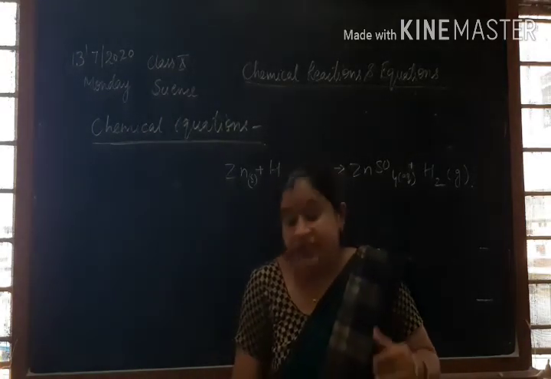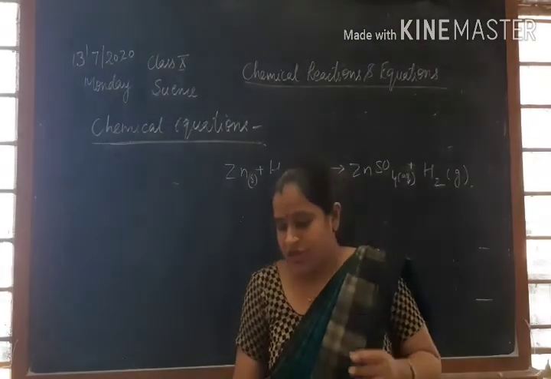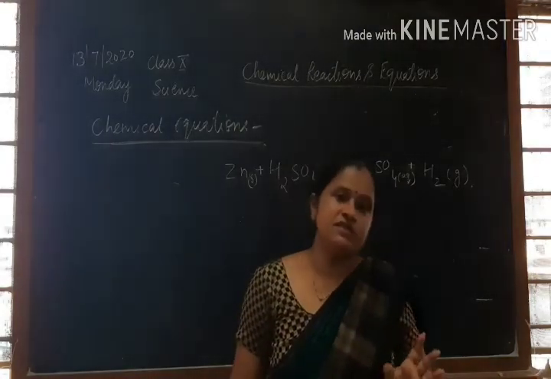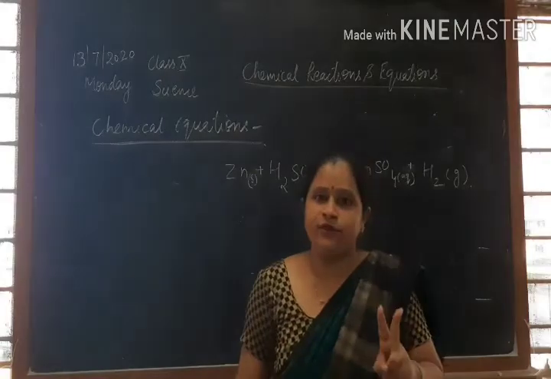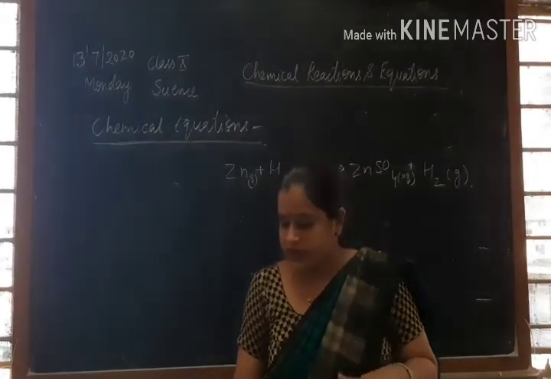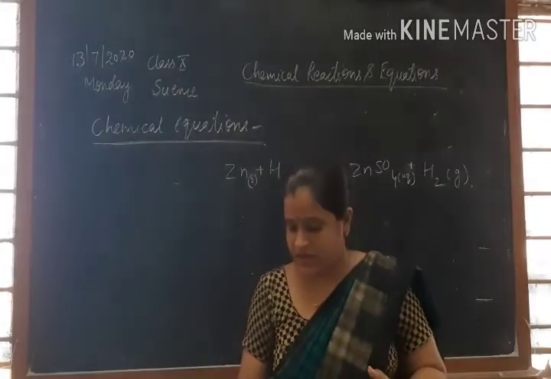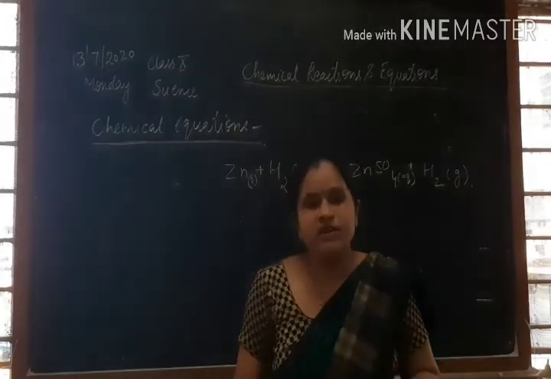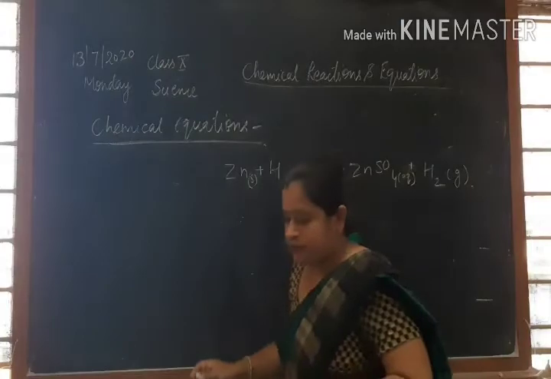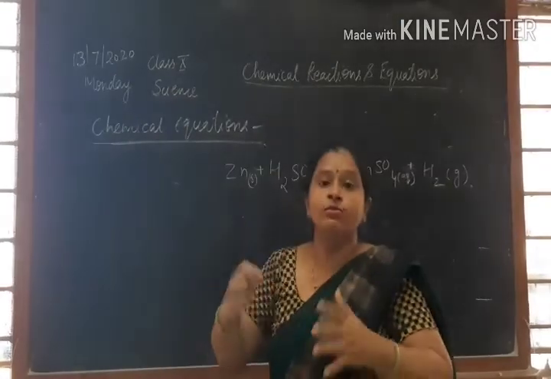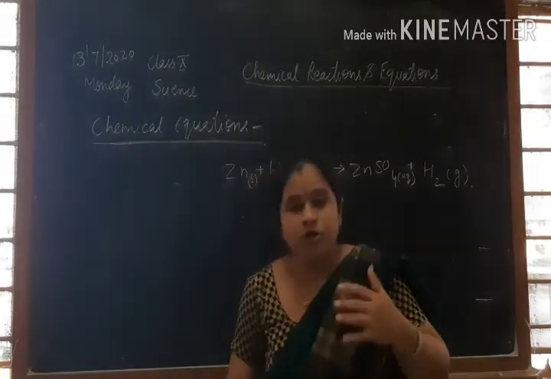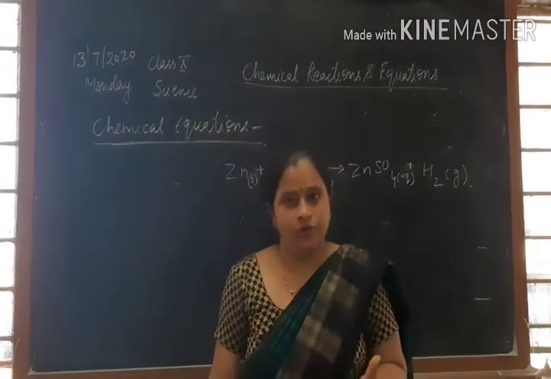to indicate the heat changes in the equation. Look students, heat changes means, see, two types of reactions are there. First is exothermic and second is endothermic reaction. Now an exothermic reaction is one in which the heat moves out, or we can say a lot of heat is produced in the particular reaction.